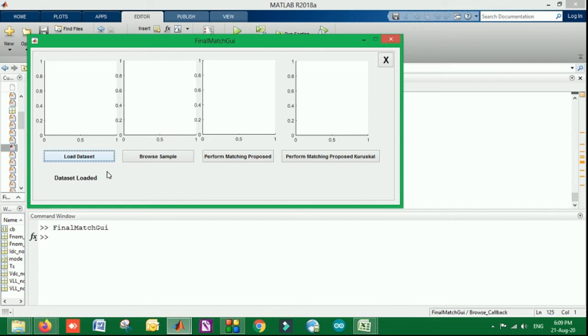I'm not going to demonstrate the classification results because it takes too much time, as the dataset is very heavy, but I'm going to show you a few samples of how it processes. As you can see, there are two models, one with the Kruskal and the second with the proposed. In both, the CNN is being used. CNN is a deep learning algorithm under artificial intelligence. CNN means convolutional neural network.